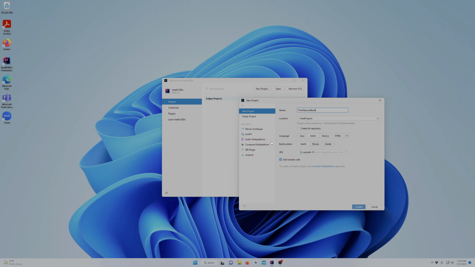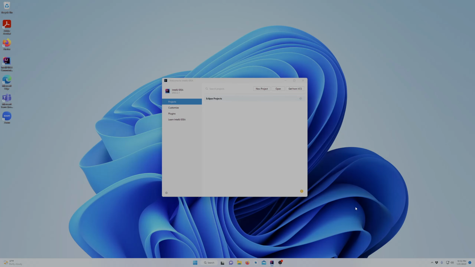Of course, I'm just on the new project. I'm not selecting any of the generators. The language is Kotlin. I don't care much about the build system, but IntelliJ is what I will select. I'll need a JDK, so OpenJDK 18 is perfectly fine. You could download a more recent version, or if you ever run into issues, you could use an older version. Either works. I will leave add sample code selected